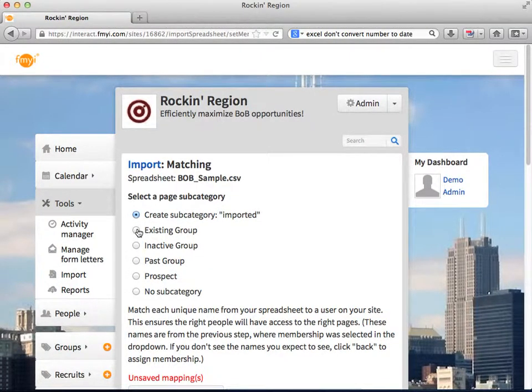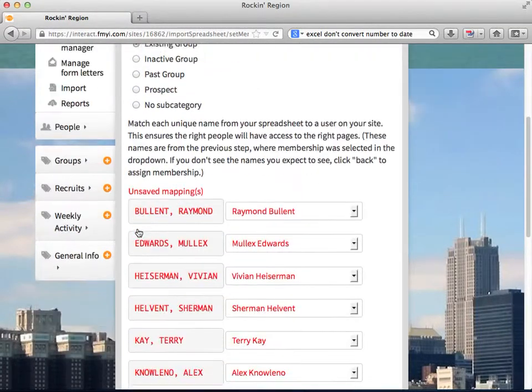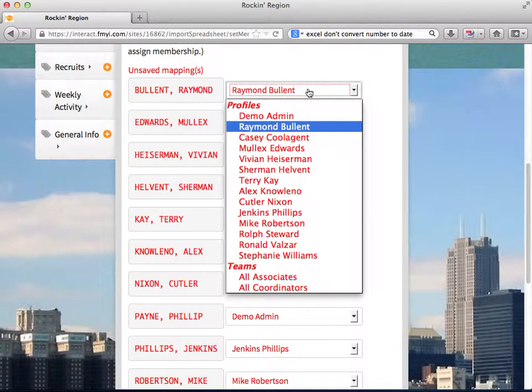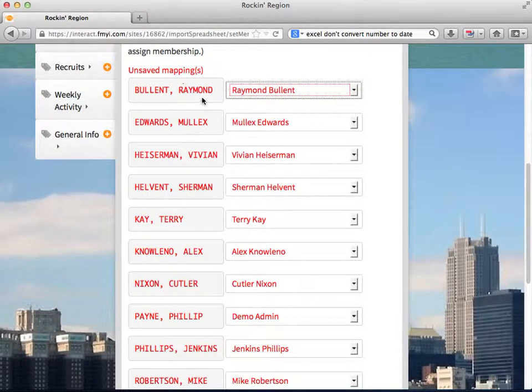Next, I'm going to choose Existing Group because I want these to go into my existing group category. And it's time to map the names. On the left is a list of all of the unique names of the DSCs and associates listed on the spreadsheet. Some of these folks might be active agents, but you also might have an inactive agent listed in your book of business. On the right, you're going to notice that I've got all of the people I've invited into the site. Now, you may have created invitations but not sent them. So your list might be email addresses, and you just want to make sure to map correctly so each name